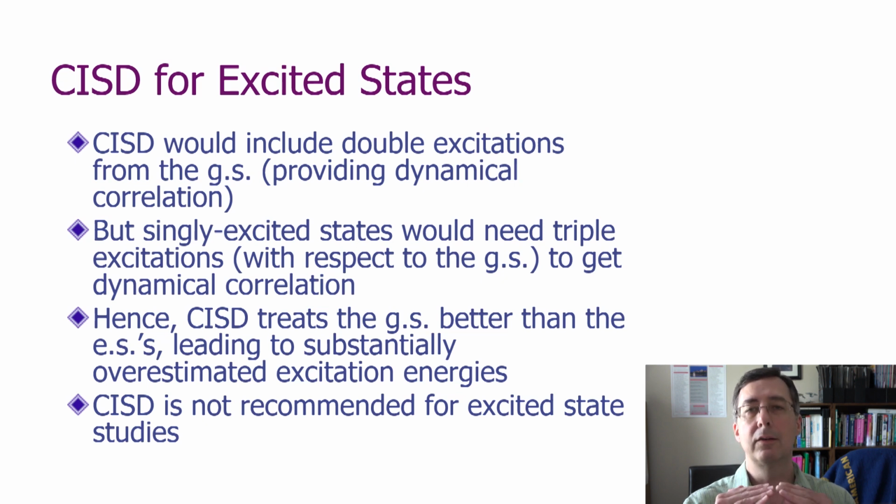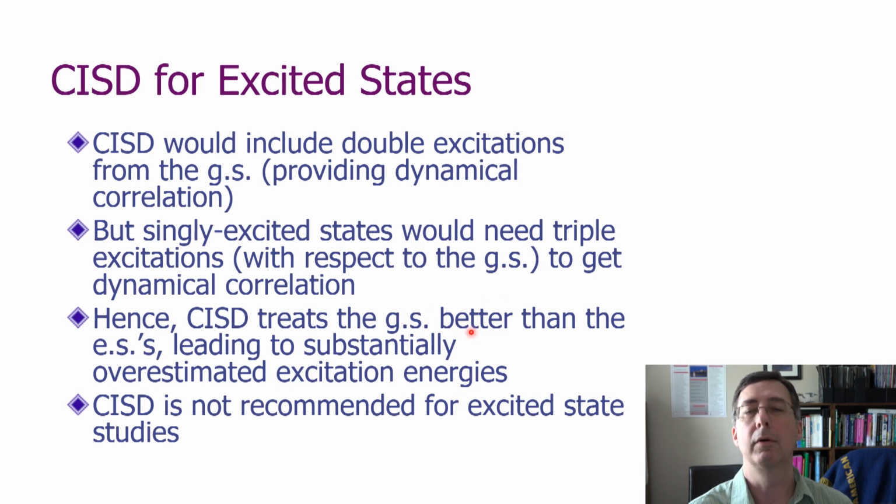Because if I needed to describe dynamical correlation in the excited states as well, then I would need double excitations for those, but those states are already singly excited determinants with respect to the reference. To get double excitations out of a single excitation, I would need up to triple excitations, which by definition are not included in CISD. So the problem is that CISD does a pretty good job of describing the ground state